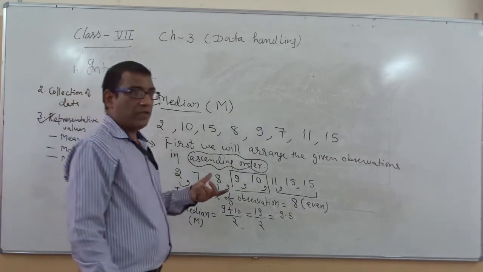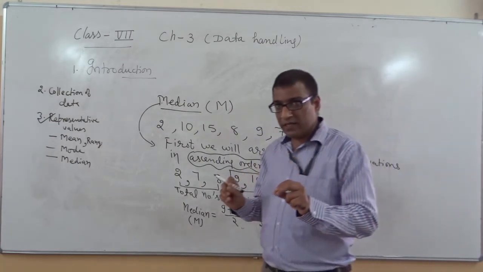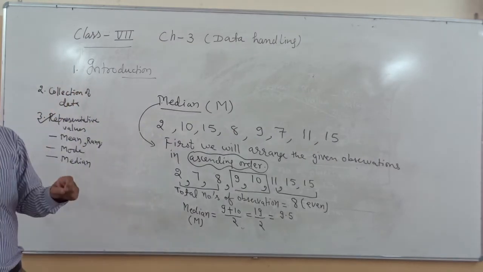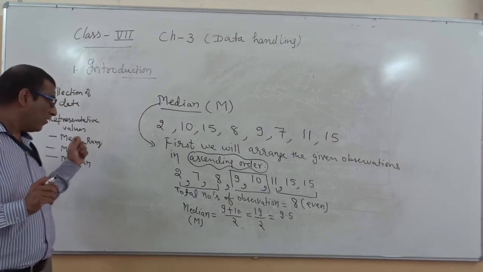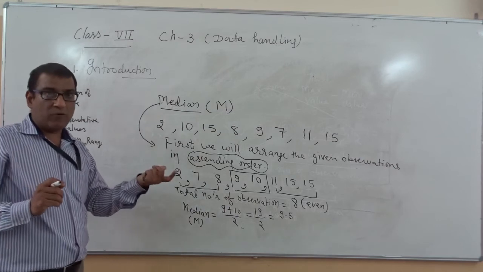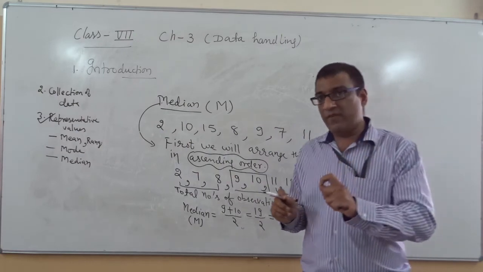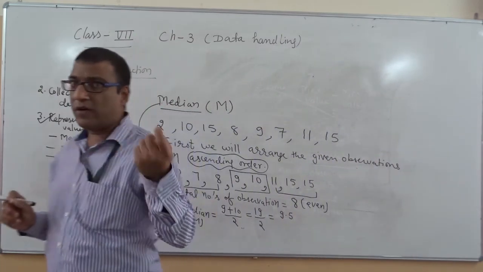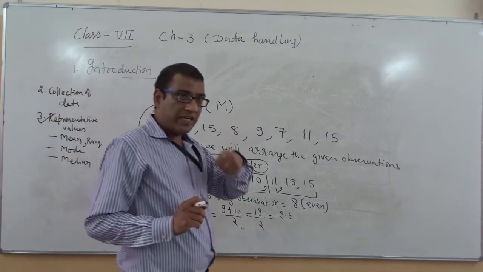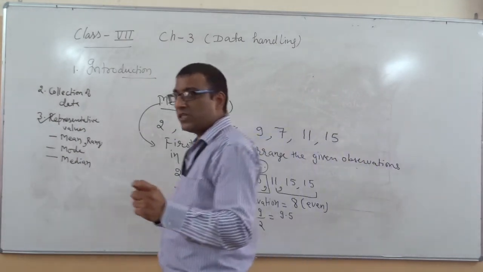Same for mode. First you will see the data very carefully, write down the data properly. Once you write the data in the copy, please check it again, and then you identify with the help of the concept of mode. As I told for range, it is related with maximum value and minimum value. Write down the data carefully, then see what is the maximum value and what is the minimum value, and then solve the value of range. Same for mean. As you know very well, mean is also related with arithmetic mean or average. Then you will apply the formula of mean, put the values and then solve it.